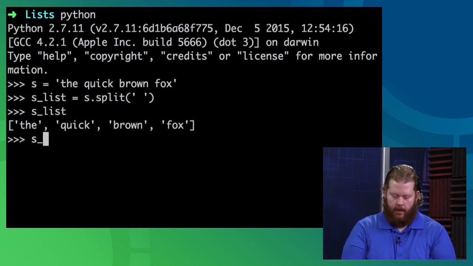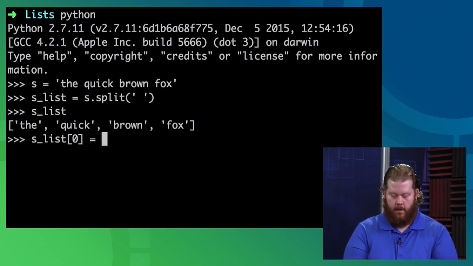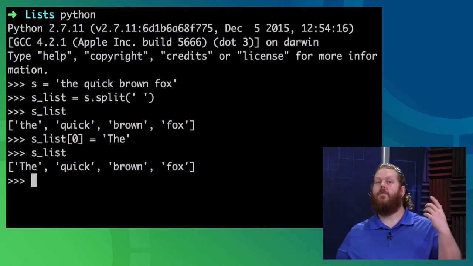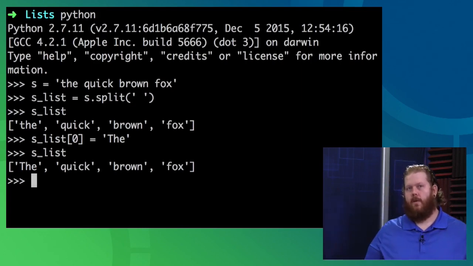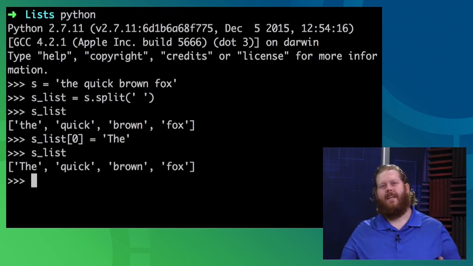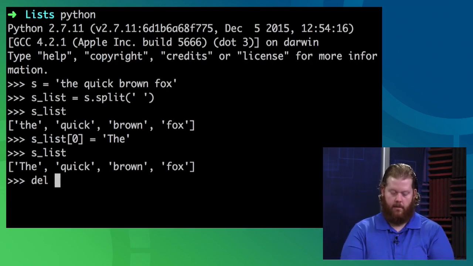However, unlike strings, I can say, all right, instead of that lowercase t, oops, typo, I want to make that uppercase. And now I can actually change that element. I haven't changed the string at that position, but I have assigned a new value to that position within the list. And let's say that I don't really like this, this brown fox isn't really that quick. So I need to remove that element. I can actually say del for delete,